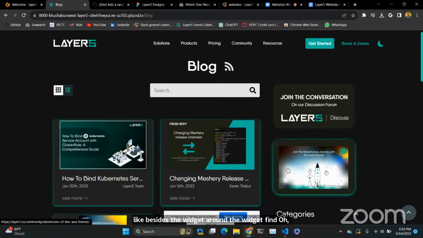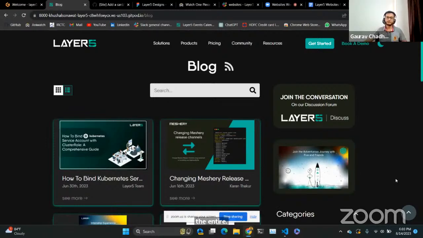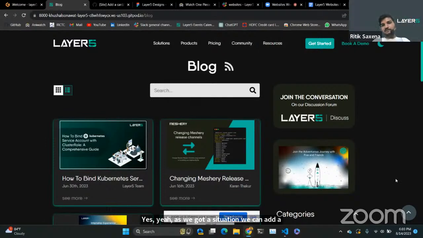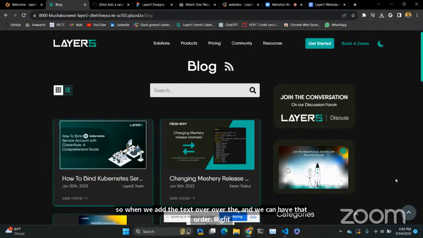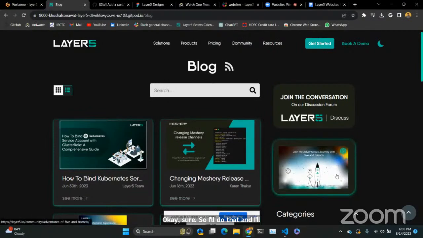Is this the expected behavior, or should the image completely cover the entire div? As Gaurav suggested, we can add text about the image. When we add text over the image, then we can have that border. Okay, sure. I'll update the code and put up a PR.